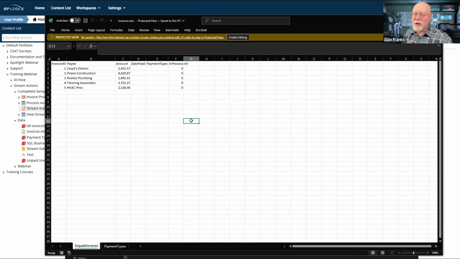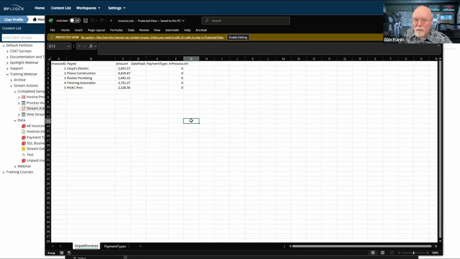So we're going to assume that it's going to take maybe more than a day to process an invoice, but I might have new invoices coming in every day, which are unprocessed. What the stream action enables us to do is to import this data on a recurring basis so that we can process any unprocessed invoices. Right now, all 5 of the records are unprocessed, so I have 5 unprocessed invoices that need to be taken care of, and I can start that process.